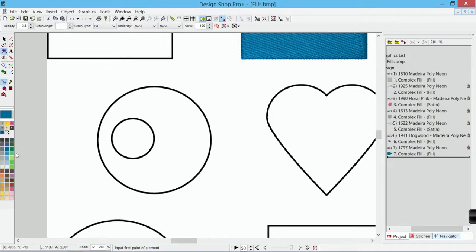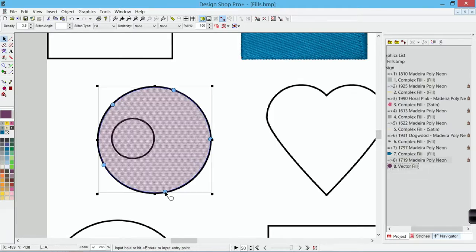So I'm going to grab my complex fill tool, let's grab a different color, and I'll start digitizing. I'm going to start with a left click. I'm going to go around this circle using right clicks to create those curved points. I'm going to try to avoid exceeding 180 degrees in any set of 3 points. I'll come around, I'll hit enter to close the shape,